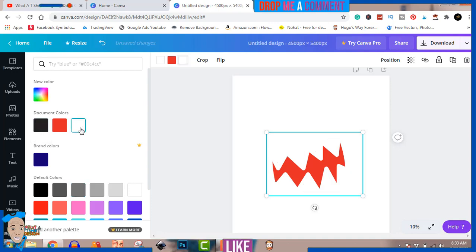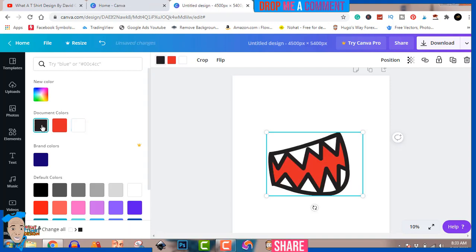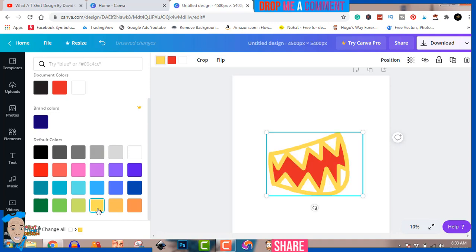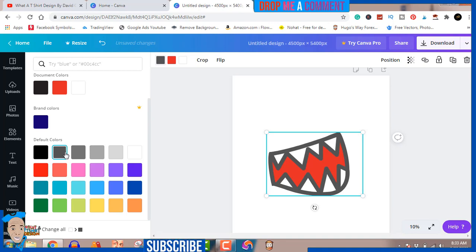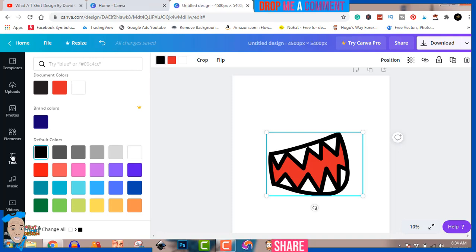But it's best for the teeth to be white, and this is going to be black. Then make it black or something dark. Okay, we just make it black. So make it black like that, and then we just go to text,